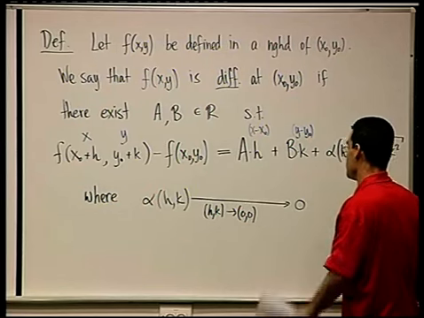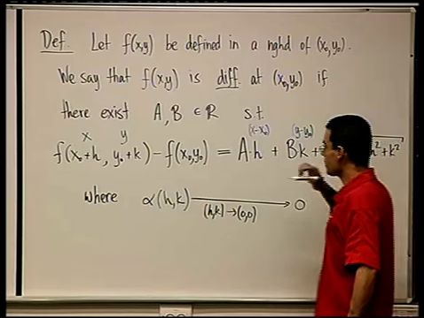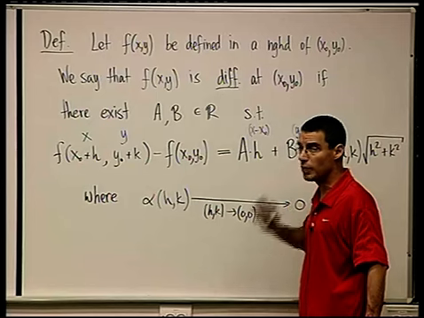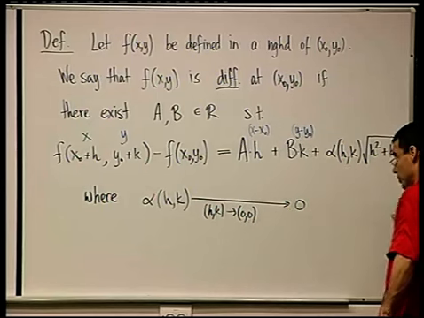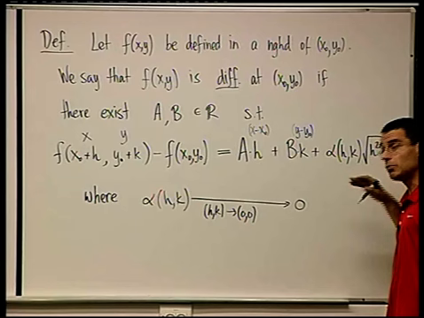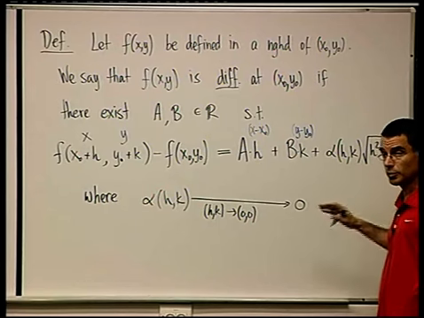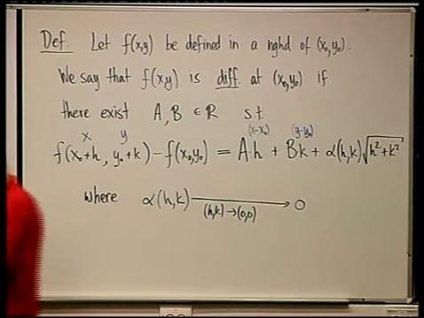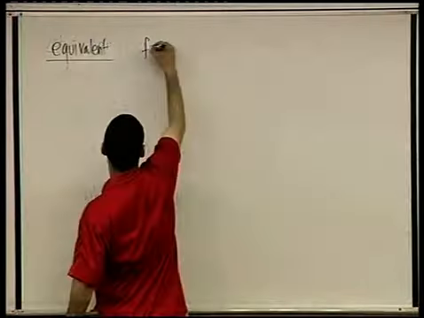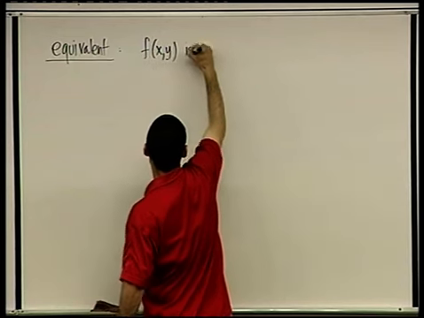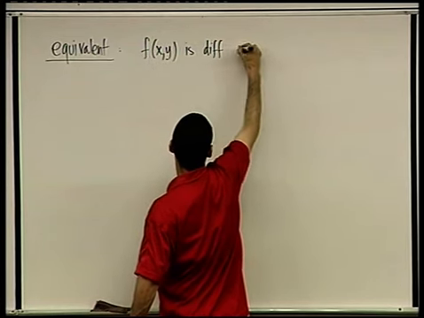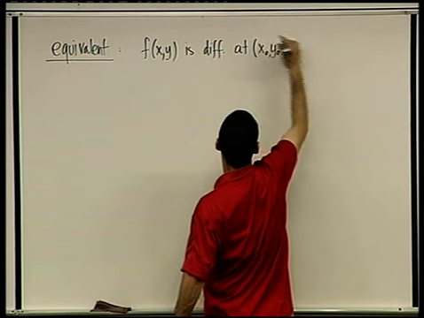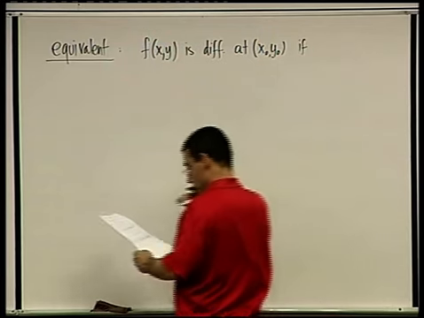Another equivalent definition, and it's a bit more complicated to show that they're exactly the same thing, I'm just going to write it in case you encounter it. I'm usually going to use the other one, but I'm writing this so that you don't freak out, and you know that it's just a different way of writing the same thing. So, equivalent: f of x, y is differentiable at x0, y0 if